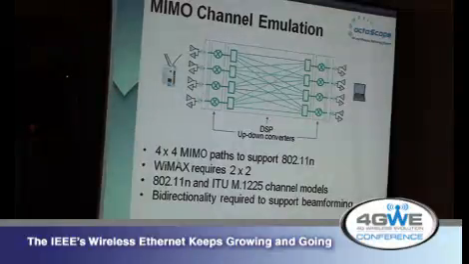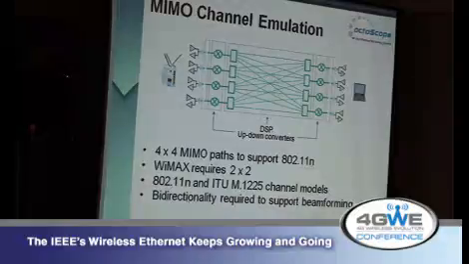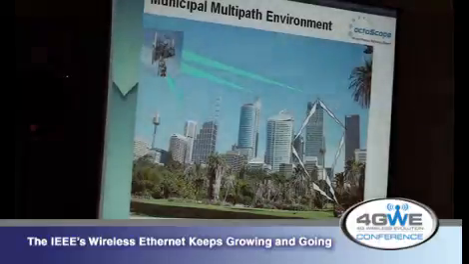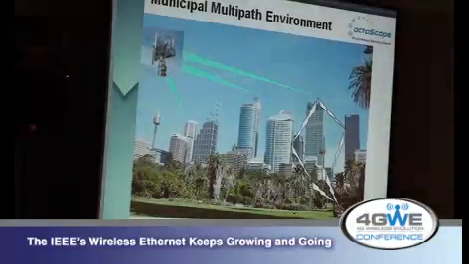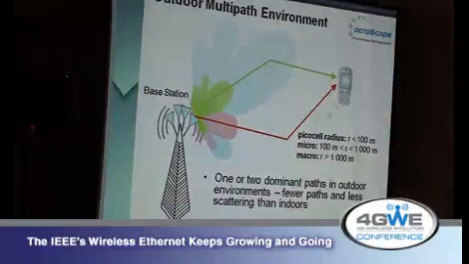The number of transmitters and receivers actually are not directly related to the number of streams, because multiple transmitters can be used to form a single stream. It gets into too much detail that I don't want to get into now, but there could be up to 4 streams. That's what the PhDs tell us indoors, and probably more like 2 streams outdoors because there isn't as much multipath and not as many reflections. So in outdoor models, you basically have 2 dominating paths.